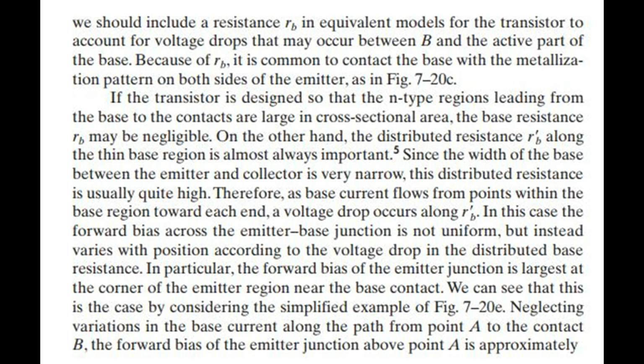In particular, the forward bias of the emitter junction is largest at the corner of the emitter region near the base contact. We can see that this is the case by considering the simplified example of Fig 7-20E. Neglecting variations in the base current along the path from point A to the contact B, the forward bias of the emitter junction above point A is approximately. Actually,